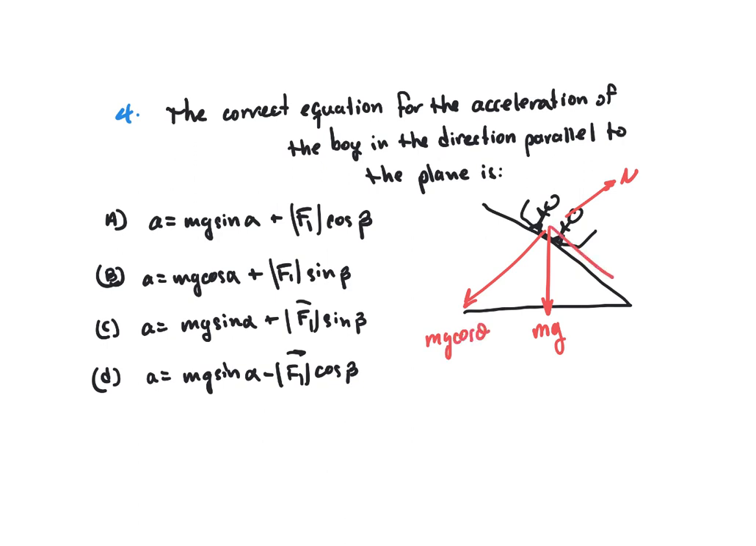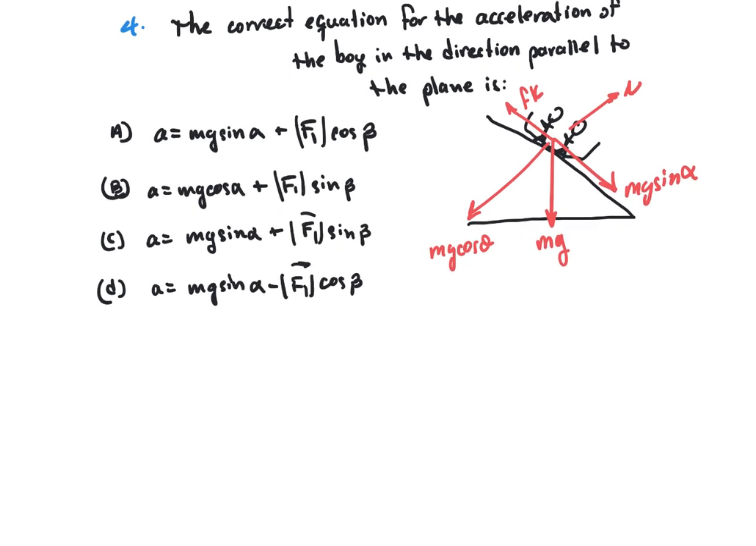Then we have the mg sine alpha. Then we have our kinetic force, or Fk. So when we figure out these two forces will cancel each other out, so we don't have to worry about that. It's just gonna be